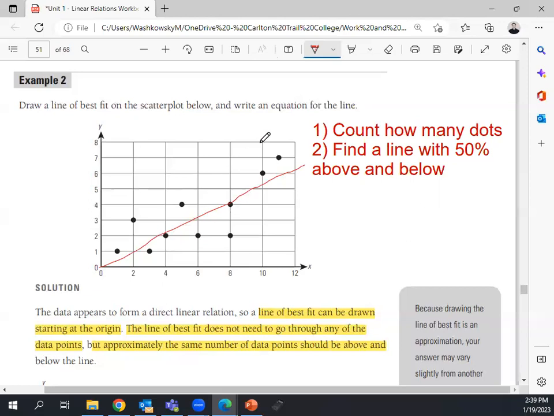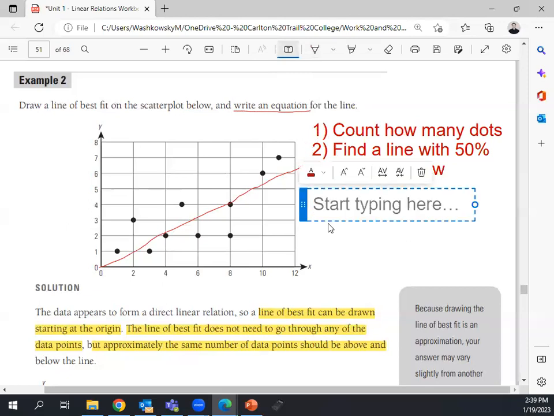Okay. So the next thing it asks us is that it also wants us to write an equation for this line. So remember, when we do an equation, it's always,